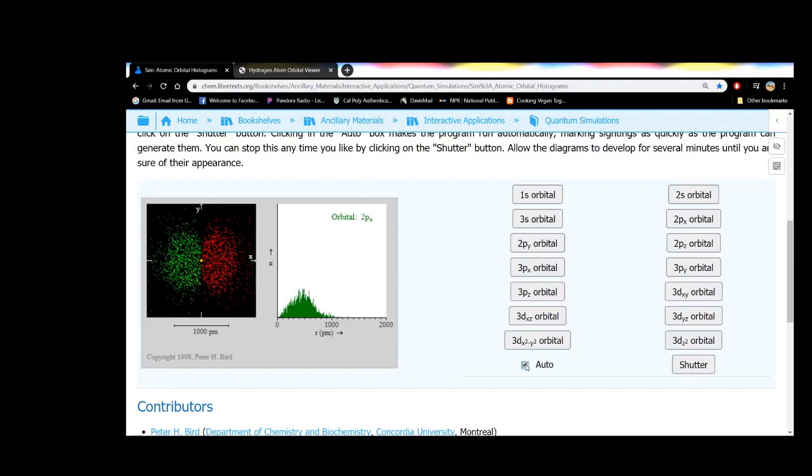What you'll notice, however, is that when we go to the n equals 2, l equals 1 case, our probability distribution has changed. Instead of having 2 peaks, it's not the n value that tells us the number of peaks. Right here in this 2p case, we have the same n value, n equals 2, but our l value has changed, and we see a change in the number of peaks. So here we get only 1 peak, and that peak is in a different location than for the 2s. It's a little bit broader than the 2s, and it's a lot broader than the 1s,